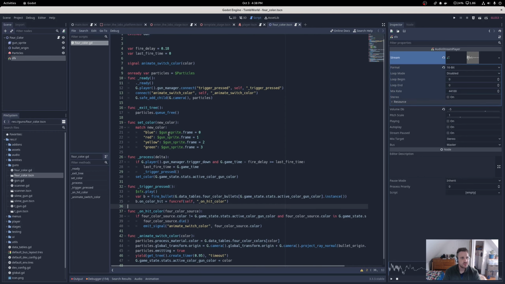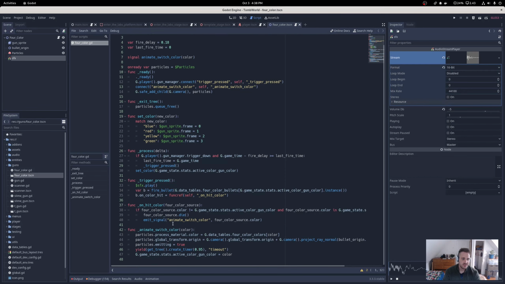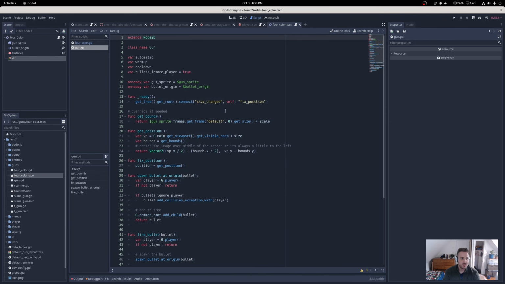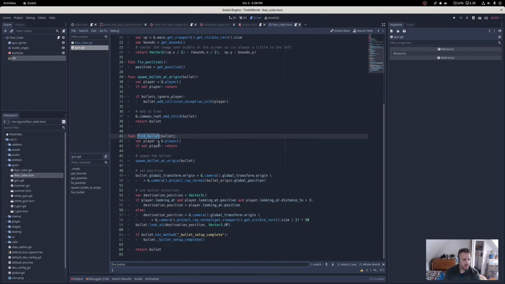So the important thing is every gun extends this gun class. There's a gun manager supervising the guns, and they treat them generically, as all guns are just an instance of gun. Each of these guns extends gun. And gun has this helpful function called fire bullet, which is used to spawn a bullet at the tip of the gun and send it forward. So we go into gun, and fire bullet